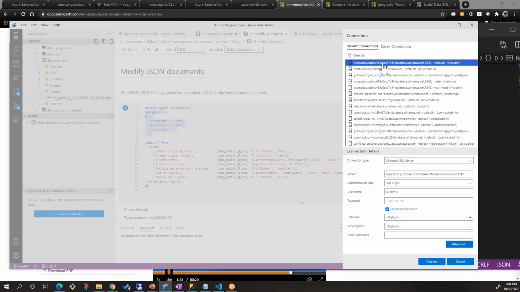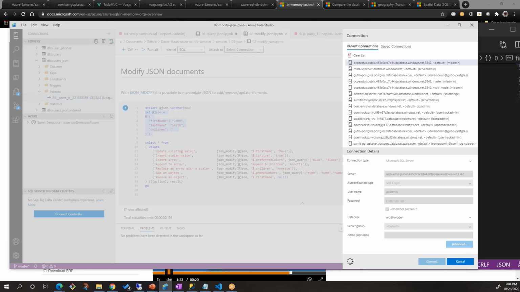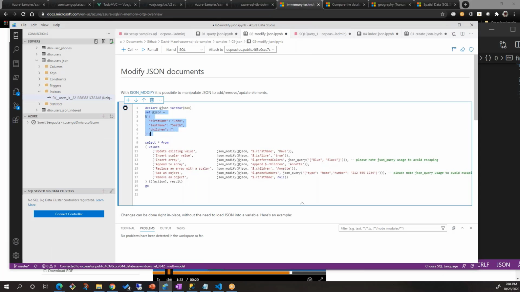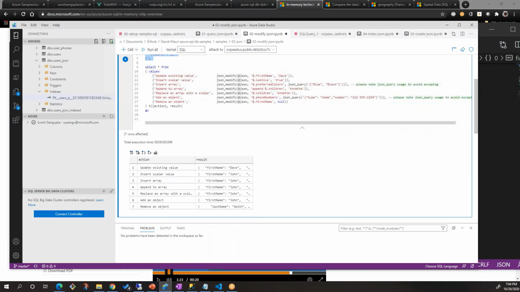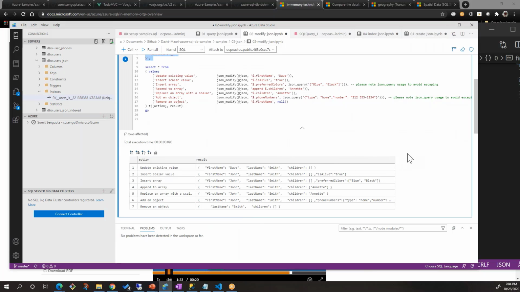I will use this database and it will be multi-model. So all we're showing here is that with different names, I'm showing the capabilities.